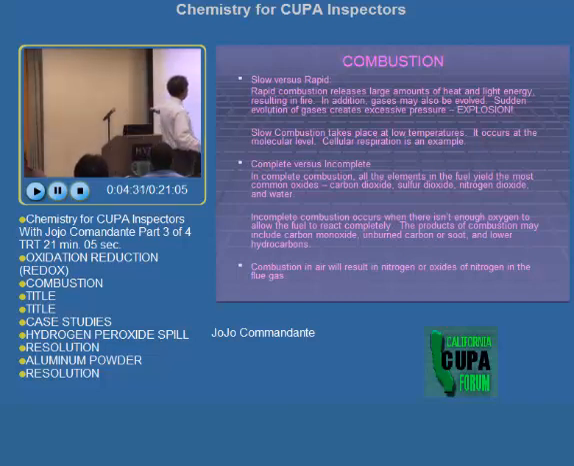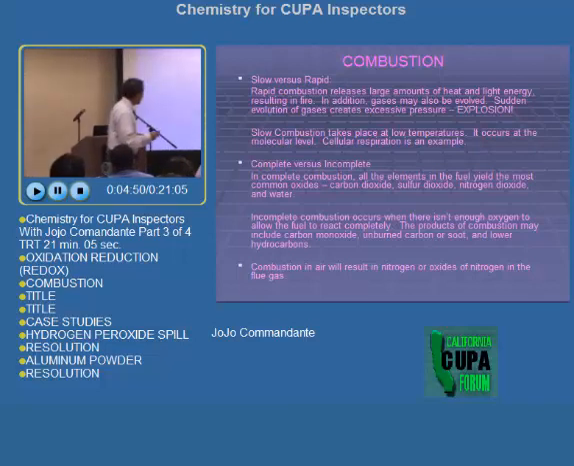Complete versus incomplete. In complete combustion, all the elements in the fuel yield the most common oxides, being carbon dioxide, sulfur dioxide, nitrogen dioxide, and water. But there's also such a thing as incomplete combustion. Incomplete combustion occurs when there isn't enough oxygen, or actually, some oxidizing agent, to allow the fuel to react completely. The products of combustion may include carbon monoxide, unburned carbon or soot,